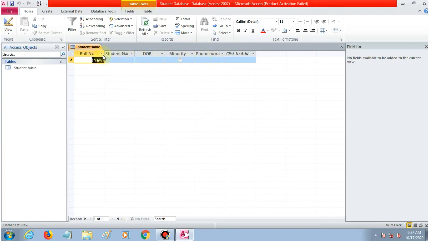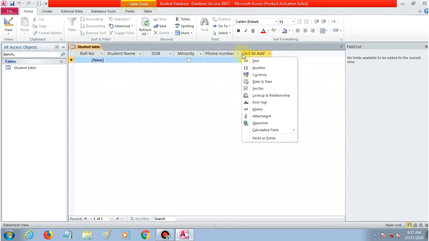If you want to increase the size of a column, you can bring your mouse pointer on the line of a column, press the left mouse button, and without releasing it, increase the size of the column. Using this you can increase or decrease the size of a column.